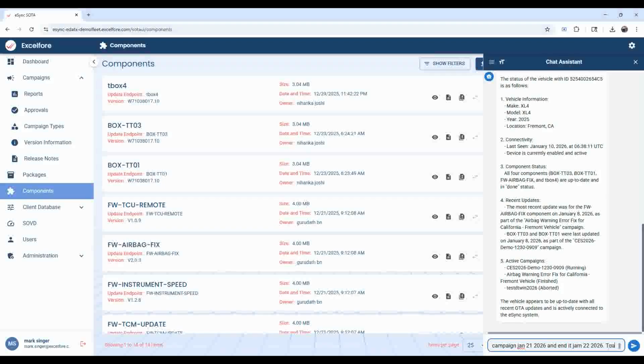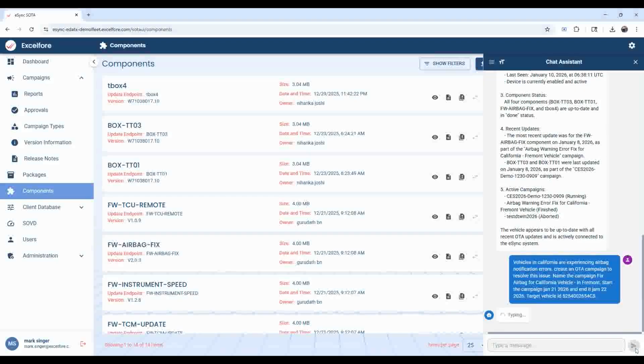Target Vehicle ID. And we will again enter our vehicle ID from the prior query. So we have basically requested an OTA campaign to update a single vehicle located in Fremont for an issue that's seen in California vehicles. The agents have now gone into the package and component databases to find the correct software